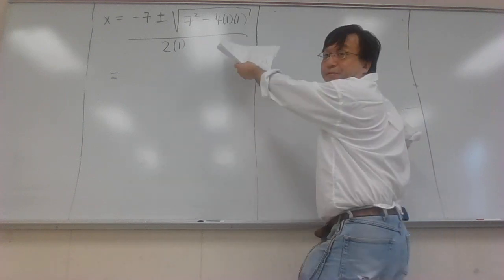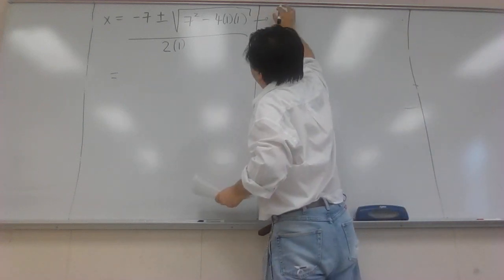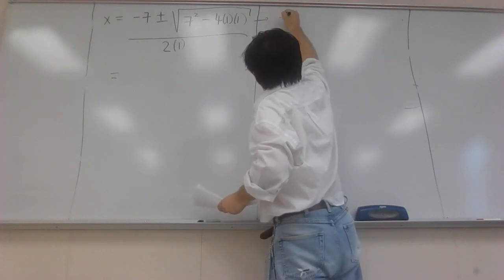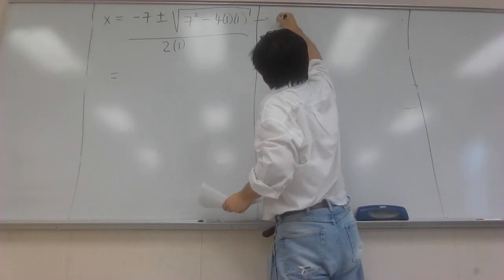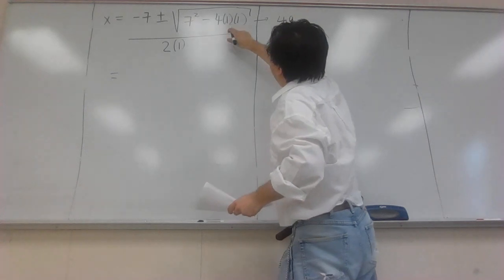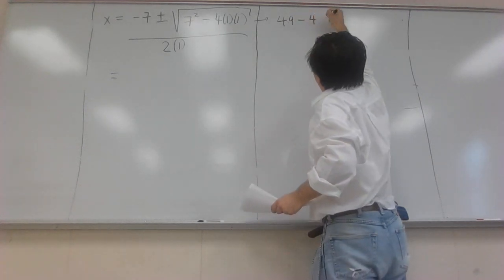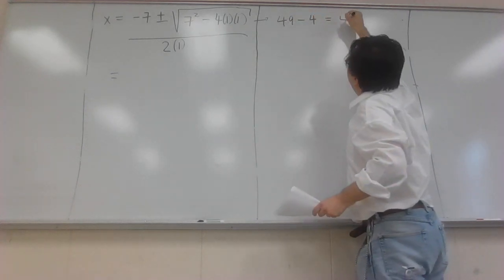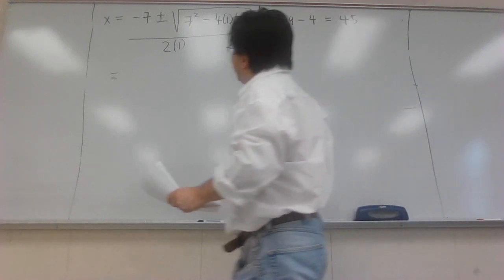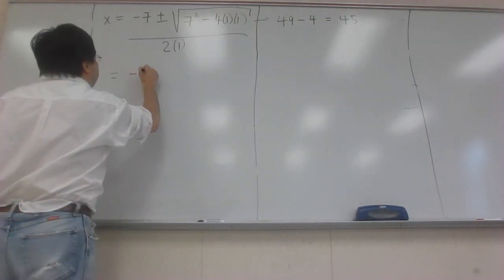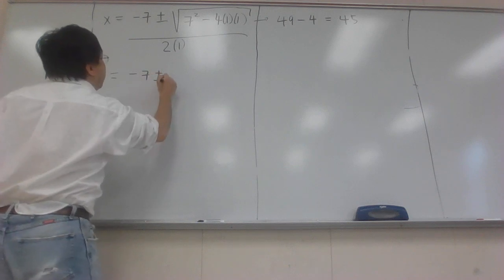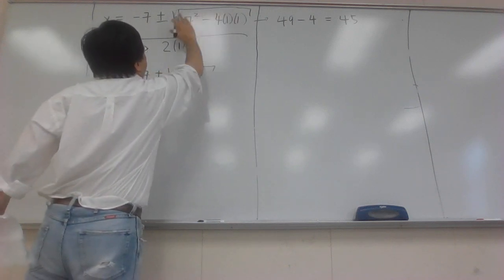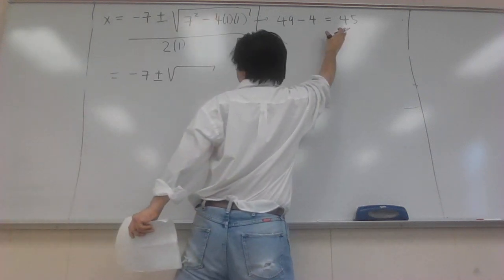If we simplify the expression inside the square root, it is 7 squared, which is 49, minus 4 times 1 times 1, which is minus 4. So 49 minus 4 is 45. So then this becomes minus 7 plus or minus the square root of 45